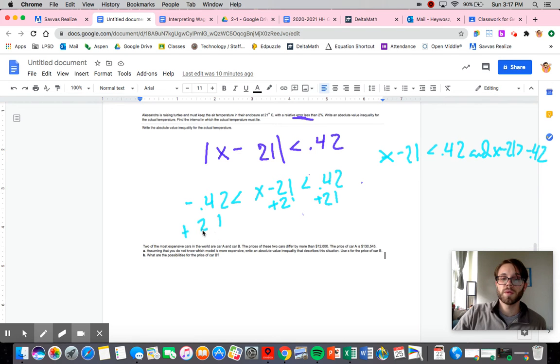All right, so we'll do 21 minus 0.42, which should be 20.58, less than x, which is less than 21.42. So we're saying as long as the temperature within my turtle habitat slash enclosure, whatever we're keeping our turtles in, has to be within this range right here of 20.58 degrees Celsius and 21.42 degrees Celsius, which may not